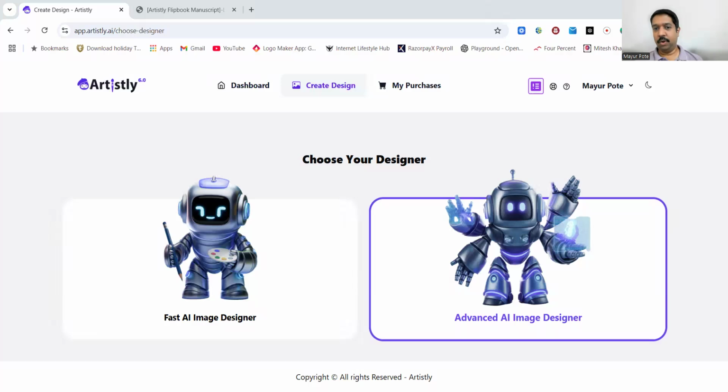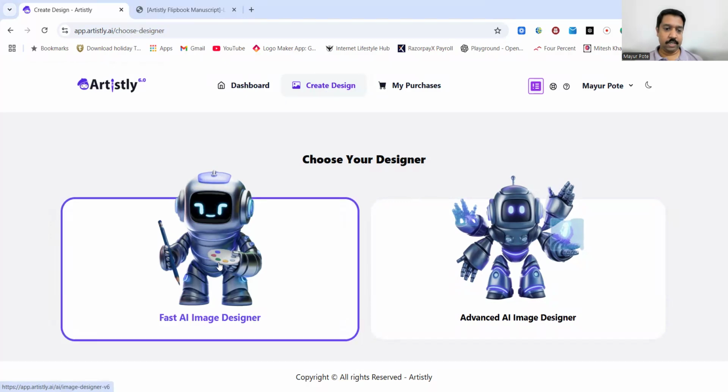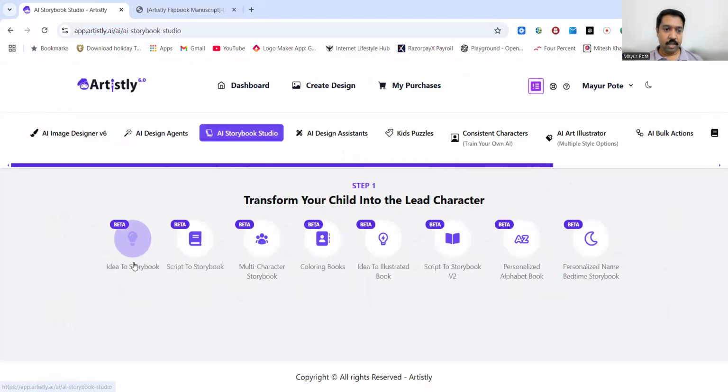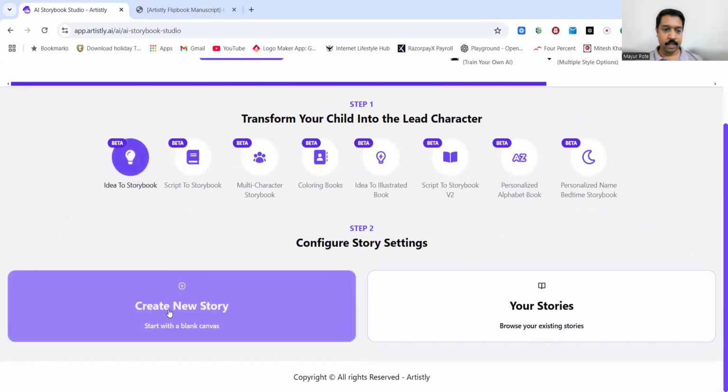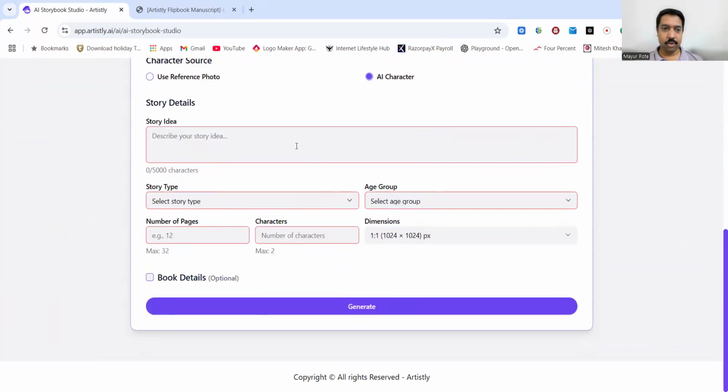So once you log into your Artistly account, you will see this interface. You have to click on create design, and then you have to click on fast AI image designer. Then you have to go to AI storybook studio, idea to storybook, create new story. Here, if you want to use any particular image that you have already created, you can use that image as a reference photo in your story, or you can click on AI character to let the tool design its own image. Here, you can paste any prompt you have got from any chatbot, or you can just simply write